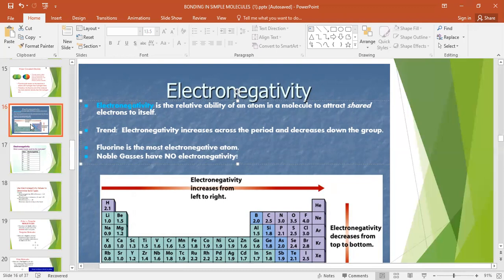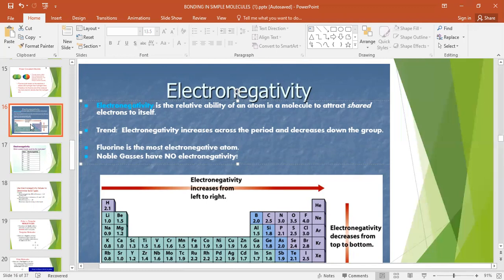This is very important, and this topic is dominant in the whole unit. That's why I am going to stress this word. What do you understand by the term electronegativity? It is a force between two atoms. So different elements have different electronegativity values, a specific value for each atom.